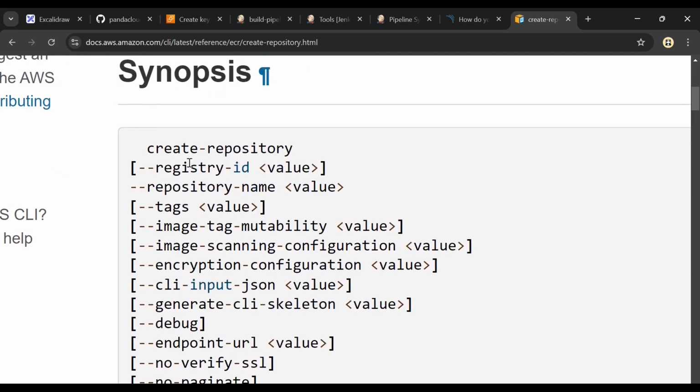Okay, over here. This is the command: aws ecr create-repository --repository-name. So this is what I will be needing. Also, I need to